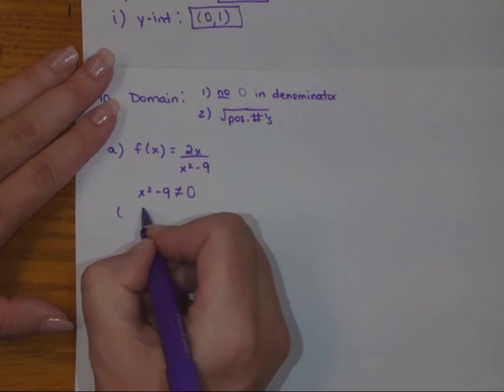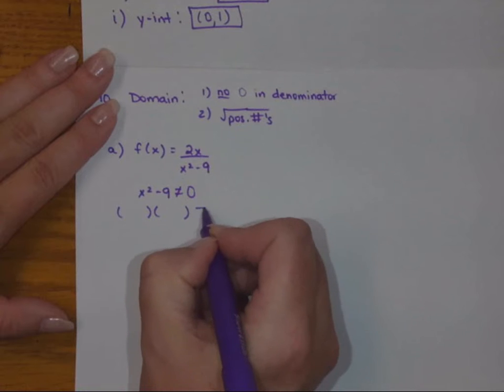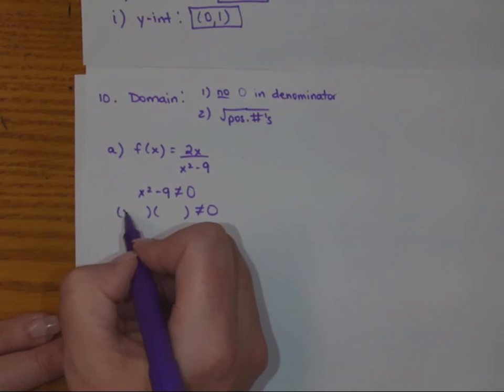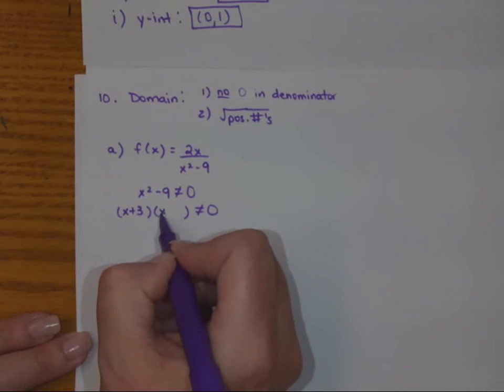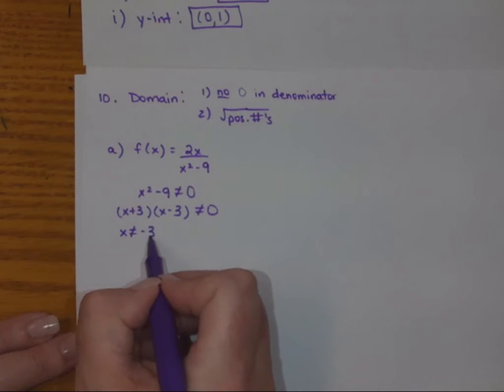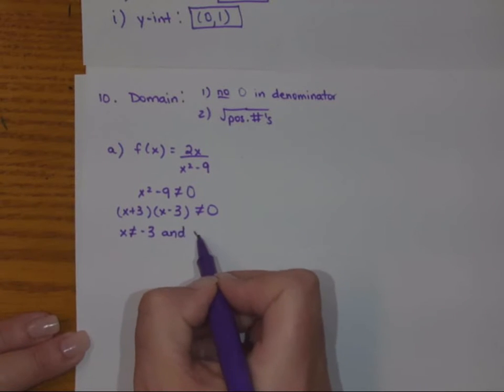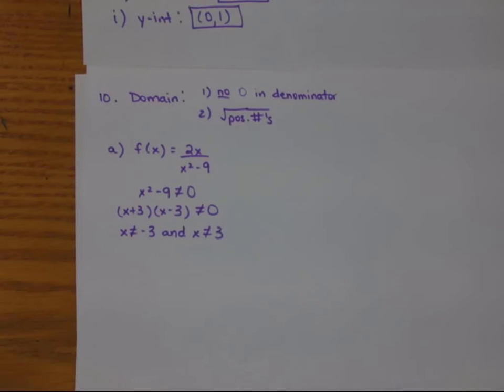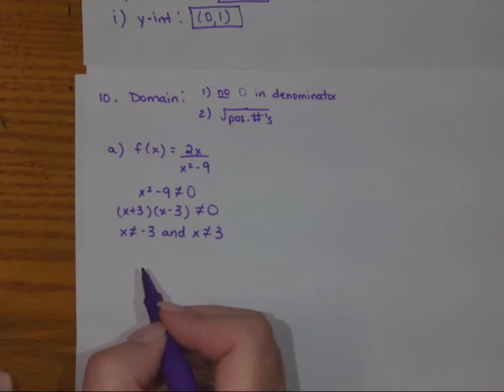So this is a difference of squares. This is the only thing you're going to be asked to really factor on this test, but this works out to be x plus 3, x minus 3. Okay, so it looks like x can't be -3, and x also can't be 3. Okay, but you're going to need to list these in interval notation. On the test I'll be more specific about what I want, but just assume I always want interval notation